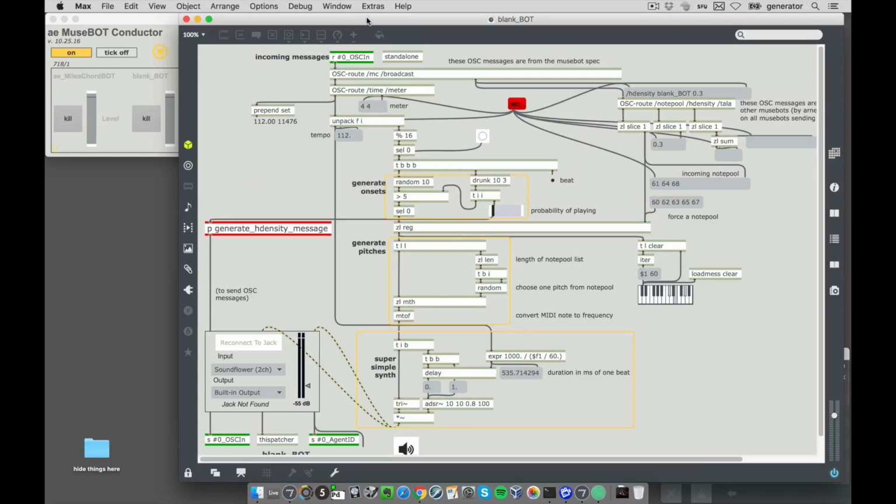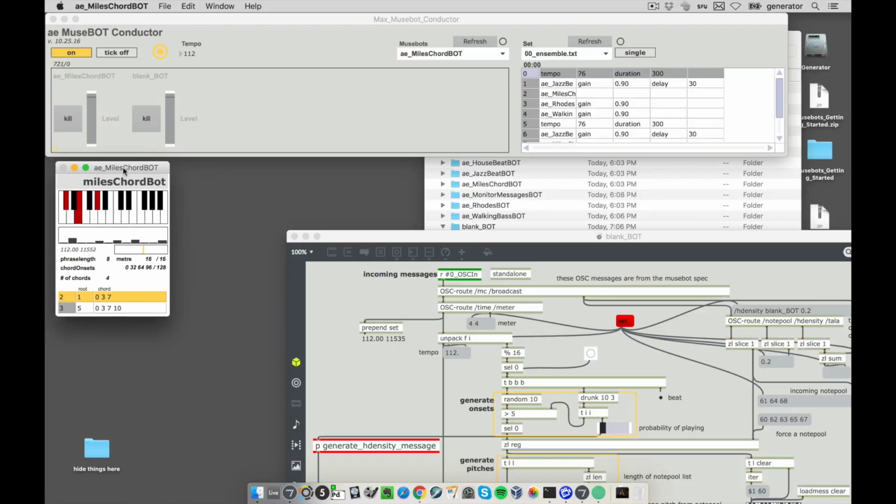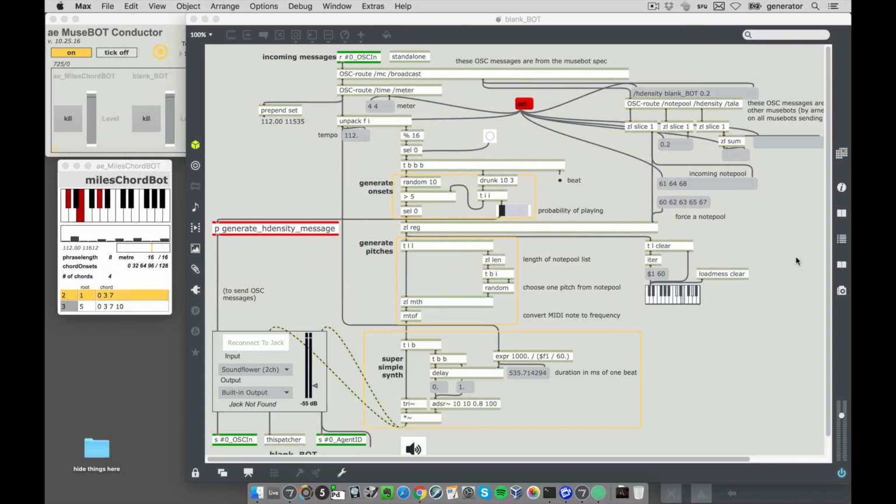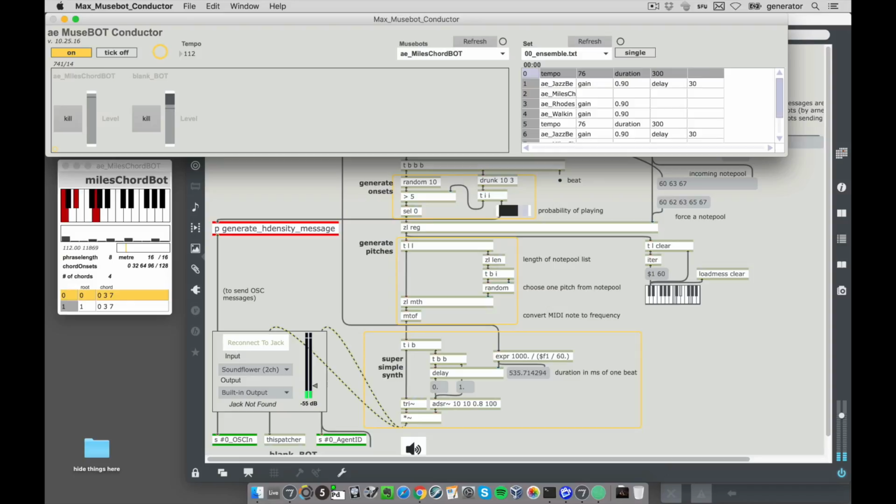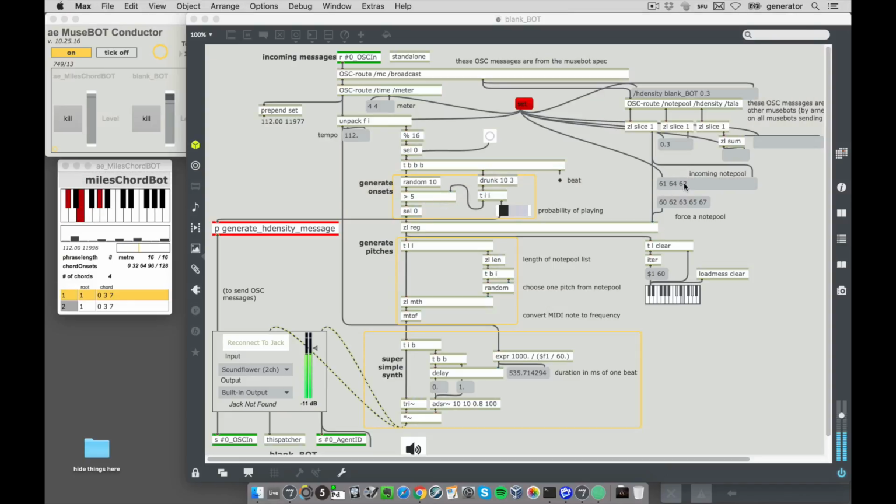Miles Chord Bot is now active. You can see it right there, and it's sending some information. So here we see these are the MIDI pitches that are coming in. It actually hasn't triggered anything quite yet. Actually, it has. We're just not hearing it. There we go. Okay, so the note pool has come in,